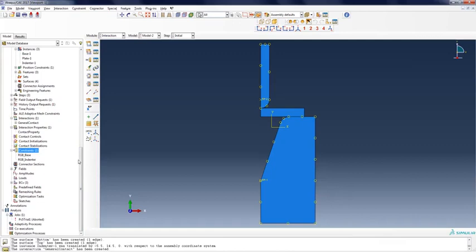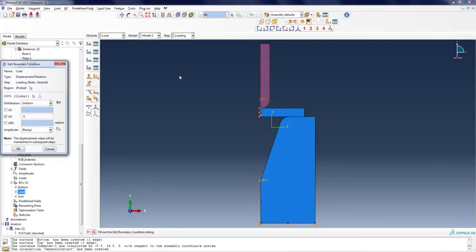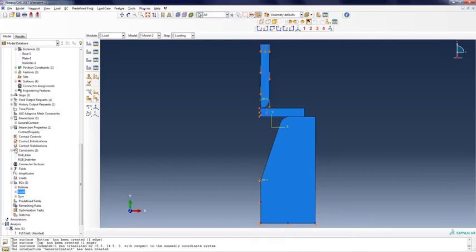So now we have defined our indenter, so we need to modify the loading such that the load applies on the indenter instead of on the tip of our plate here. So here we go under boundary condition, we modify our load first. Region would be the whole indenter. This is the rigid body, so we just click the body. We could also apply directly on a reference point. It serves the same purpose.